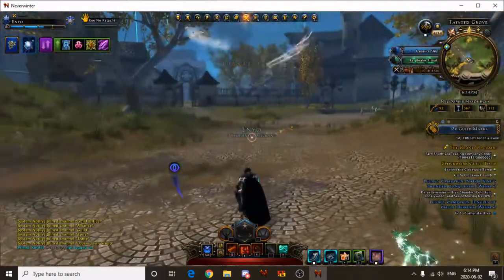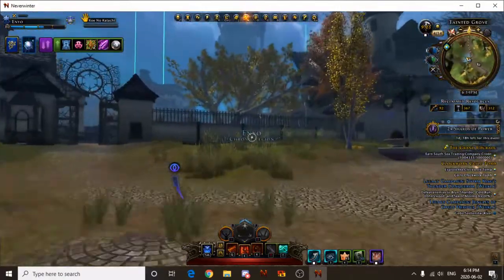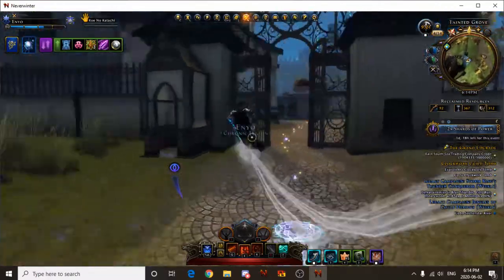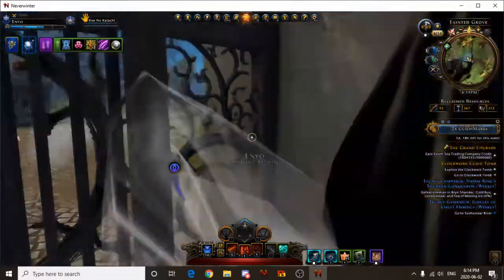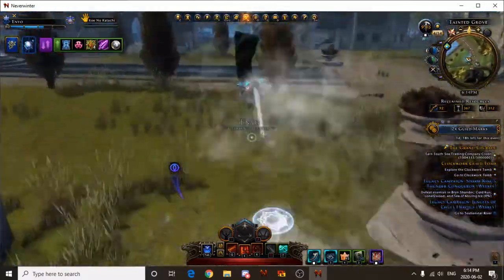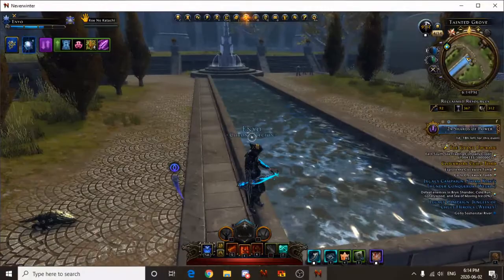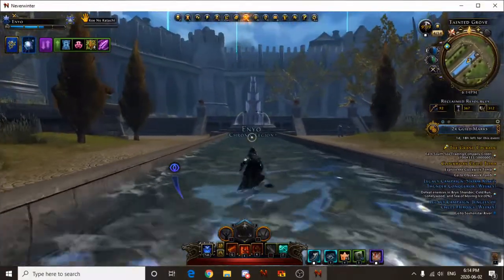I am in River District because this is where I was before, and we're gonna find somewhere nice and pretty to just hang around for a sec. You will notice I'm rubber banding pretty bad, and that is okay. And I think actually I am gonna use this fountain